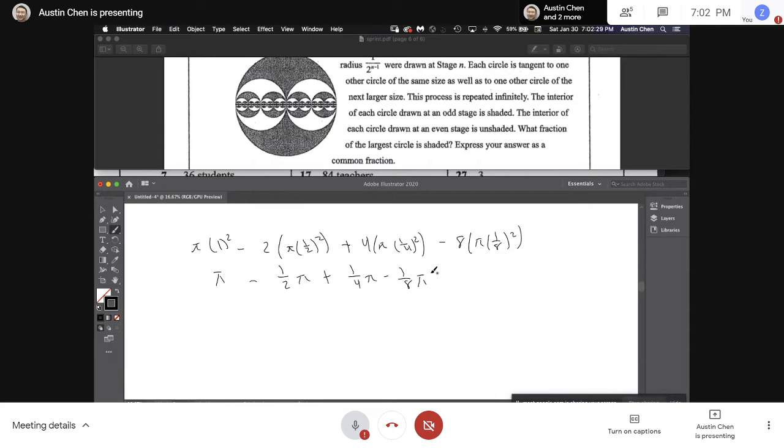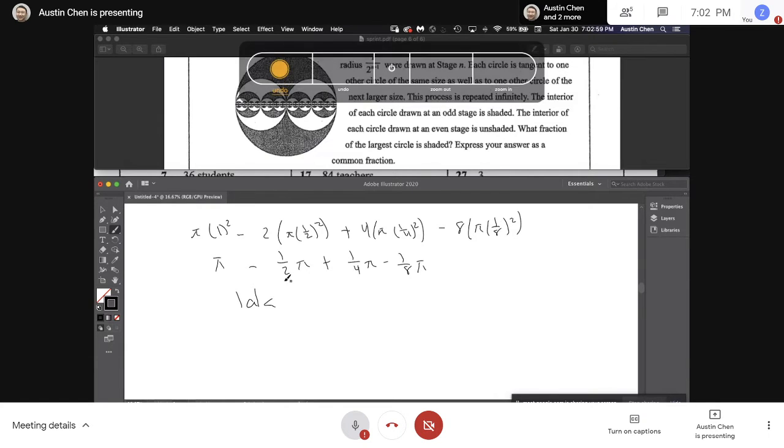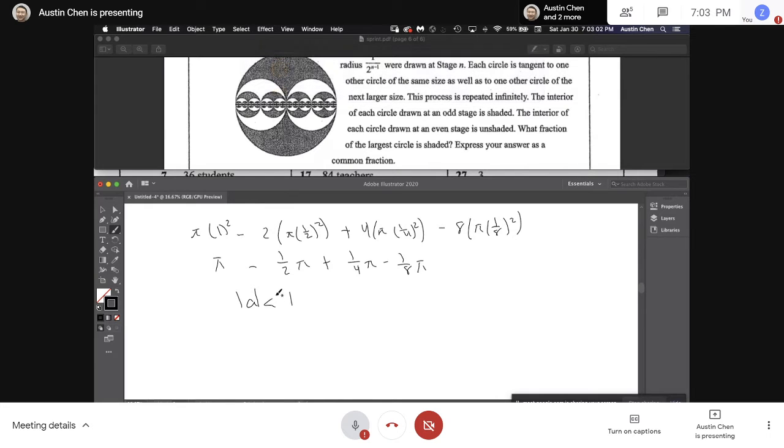Okay, so you can see that this series is geometric with a ratio of -1/2, right? So we're multiplying by -1/2, and this is going to go on forever. So then we can just sum this like a geometric series. So if you have an infinite geometric series and the ratio's magnitude is less than 1, which is the case here because our ratio is -1/2,